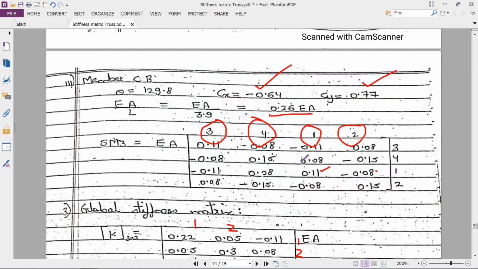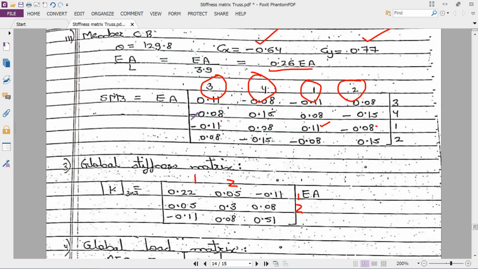This is the 3 1 part. This will be the 3 1 minus 0.1. So here it will be 3 1. It is 3 1, and this is minus 0.1. We are writing like this, 3 1 here.